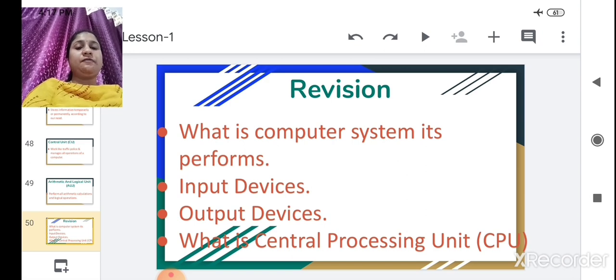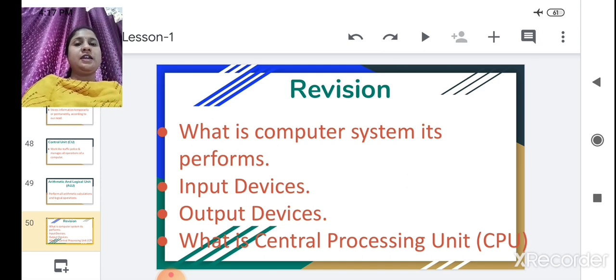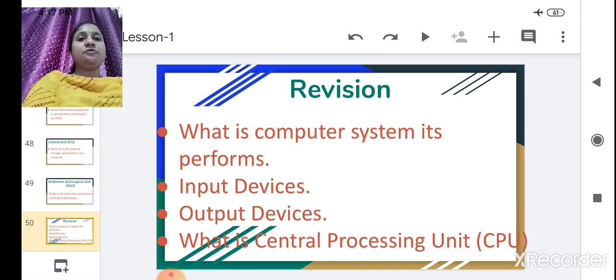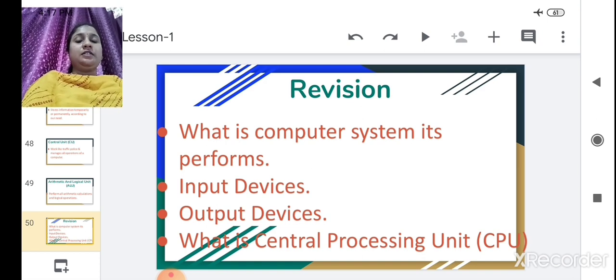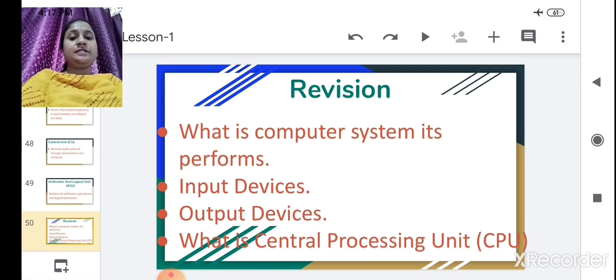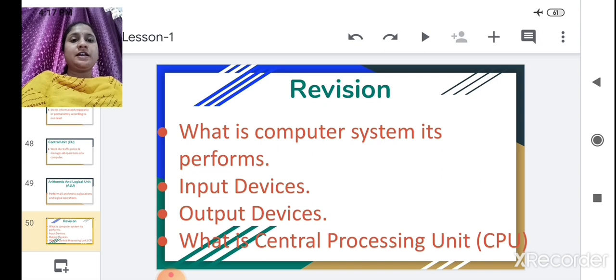We also saw that we can give input through the keyboard and mouse, and the CPU will process that input and give us output, displayed on a monitor. We also saw what hardware and software are. Hardware is the device which we can see and touch, and software is a set of instructions that helps the hardware work in a desired manner.